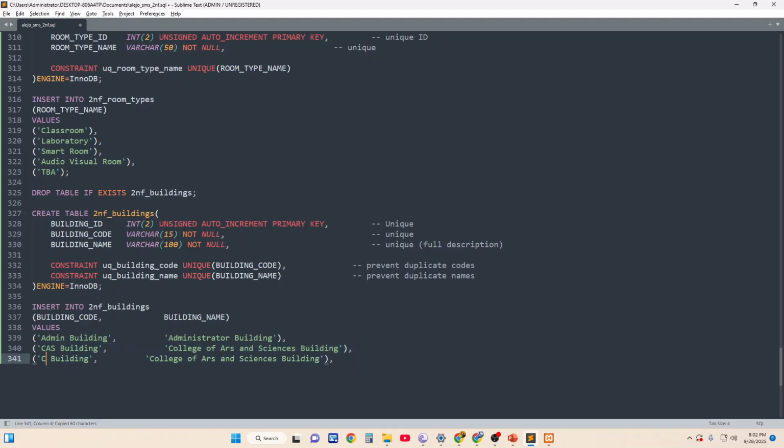Okay, we have a CIT building, and we have the College of Industrial Technology building, and we have also CGA old building, and we have here